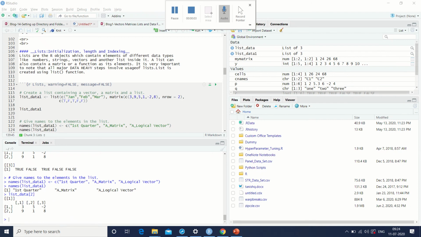In the last video, we looked at how to create and initialize both vectors and matrices. It gave you an introduction of how to store data into data structures and how to access different elements of it. In this video, we will look at lists: what is a list and what can you store, how to access various data elements within a list, how to add additional elements to a list, and how to delete elements from the list. So we will look at some of the nitty-gritties.